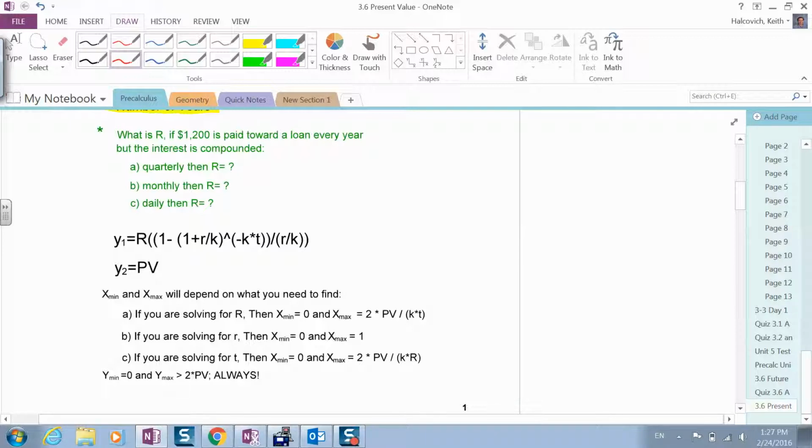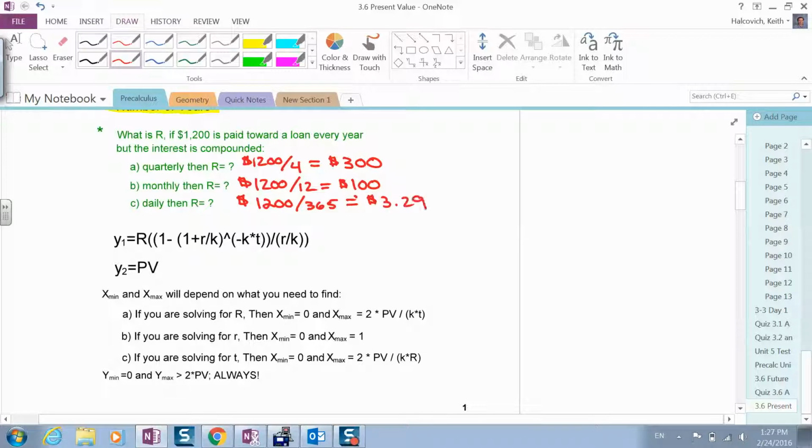All right, so what are the monthly payments or the regular payments if you have $1,200 that you're paying towards your loan every year, but the interest is compounded quarterly? Well, we would take 1,200 divided by 4, and you would get 300. If it was compounded monthly, then we take the $1,200 divided by 12, and we get 100. And if it was daily, we take the 1,200 and divide it by 365, and you get